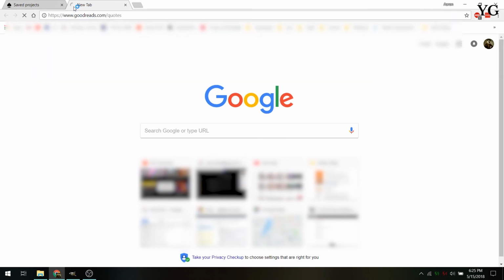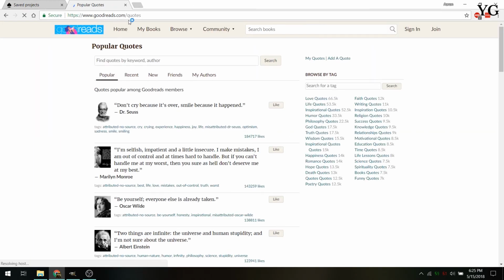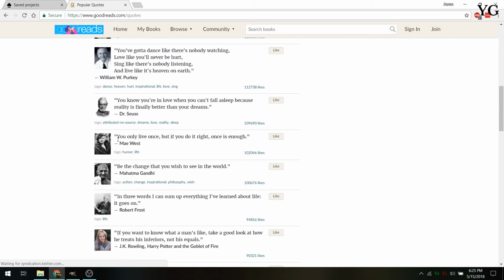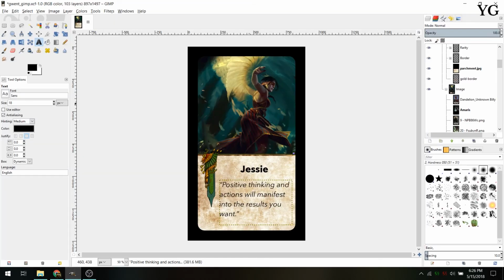I ended up going to goodreads.com/quotes, and this was really, really helpful. I was able to find a lot of excellent quotes. And I just went through and matched up quotes, like this one from Mae West: you only live once, but if you do it right, once is enough. I was able to match up quotes like that to people at my office, and this takes quite a bit of thought to try and match up a quote. And then, of course, the proper Witcher character,